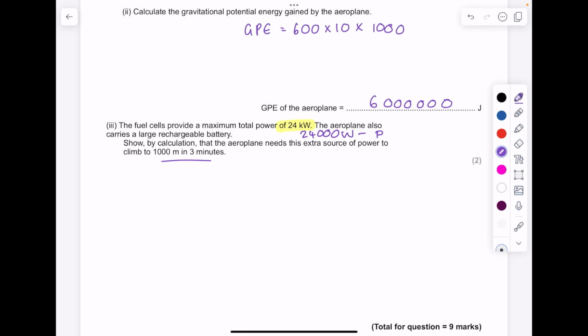So we need to work out how much energy that aeroplane needs. So we're going to use energy equals power times time. Power is 24,000. Time, we're told it's 3 minutes. Get that into seconds by multiplying by 60, because we need the standard unit in order to ensure that our energy calculated is joules. Do 24,000 times 3 times 60